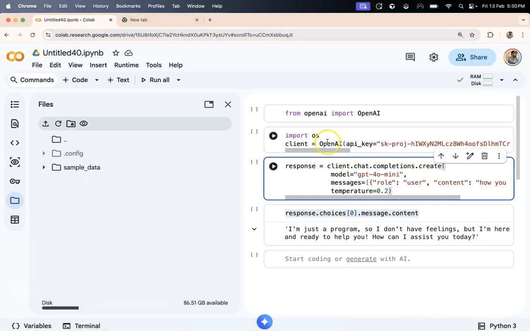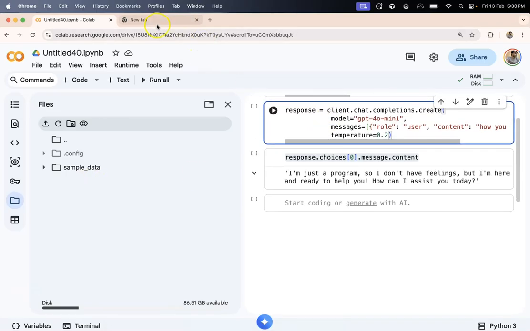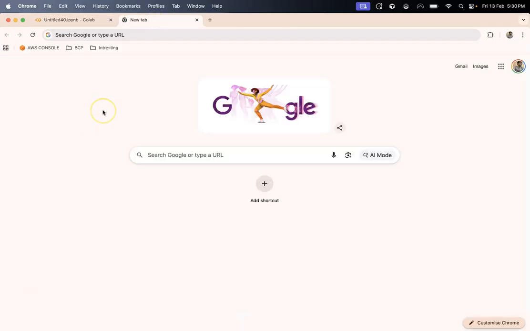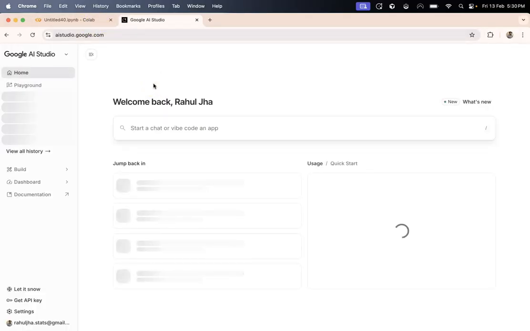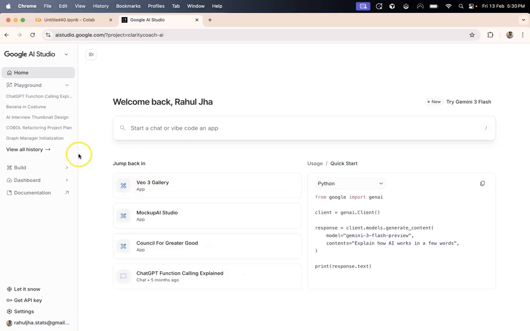For one of the projects, I am going to be using OpenAI, and for another one I will be using Gemini's API key. For the Gemini API key, AI Studio is a great source, and from there you can get API keys for free without even giving your credit card.